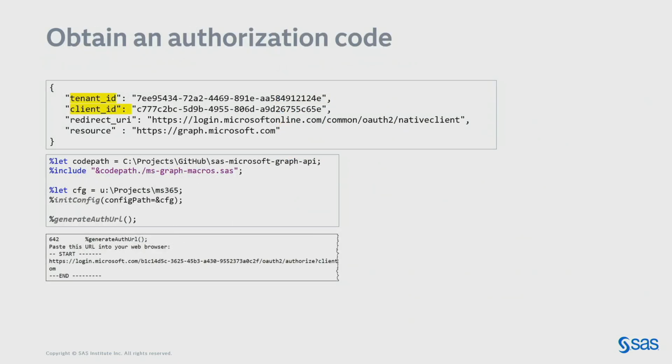Once you've created that application, it comes with a unique ID that you are then going to use to basically make a special URL call to get an authorization code. You're basically just going to paste that URL call in your browser, and then the end result of that call is going to give you a code that you can copy and paste and use one time to get your token.